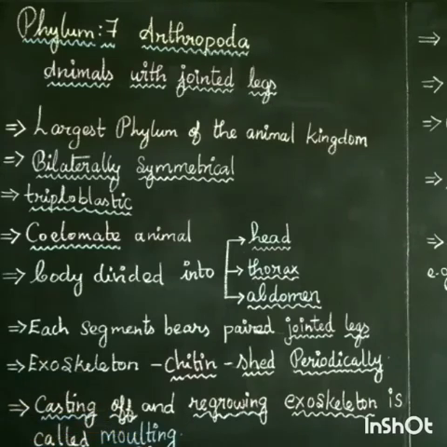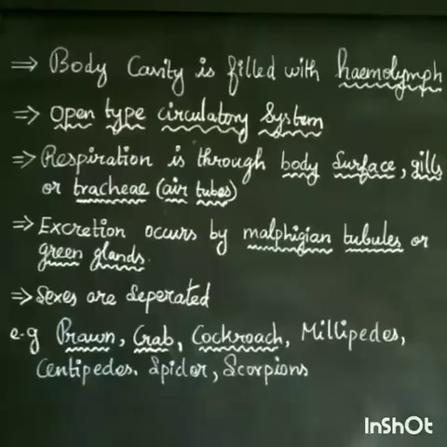It is a special peculiar character in this phylum Arthropoda, that it will molt continuously. For example, a snake will remove the outer skin like that. The animals of this phylum, the insects, remove the exoskeleton, and that is called molting.